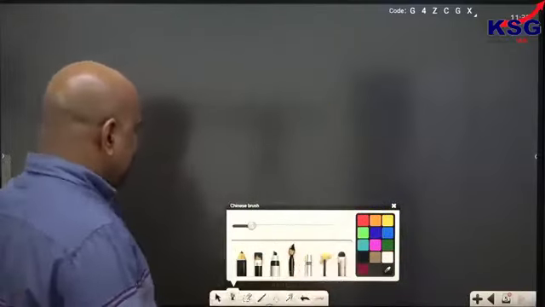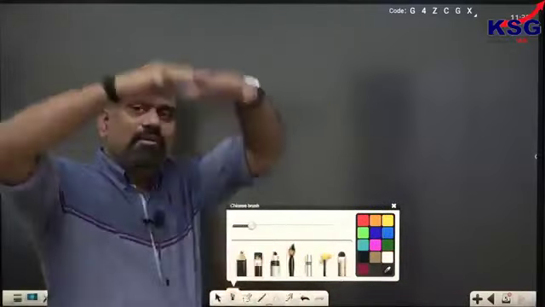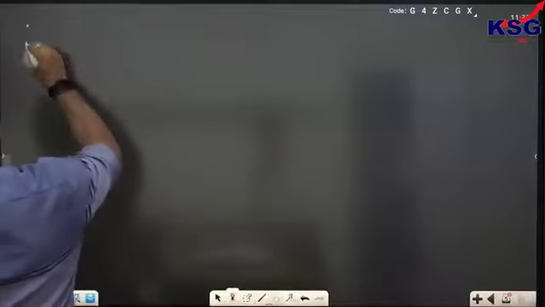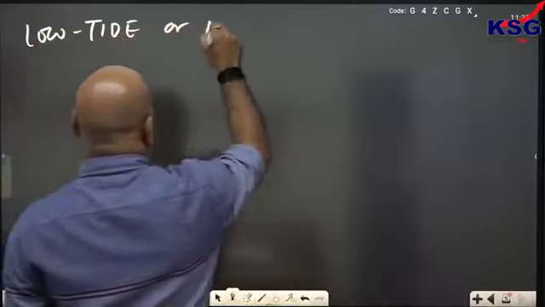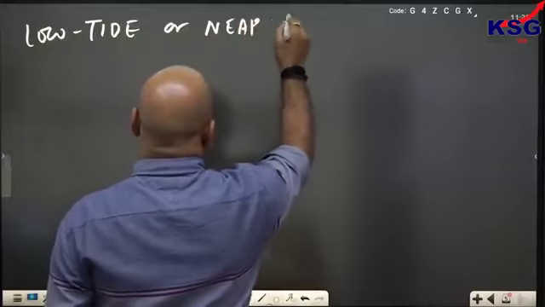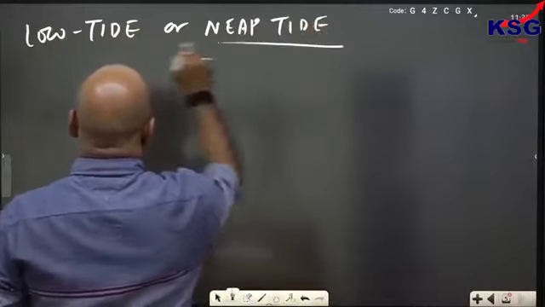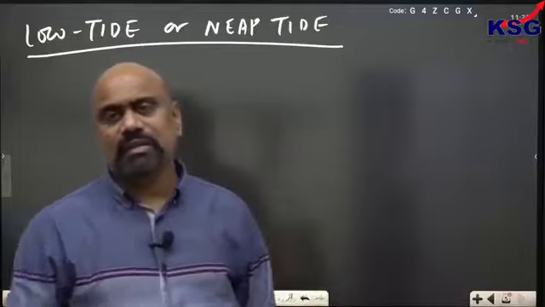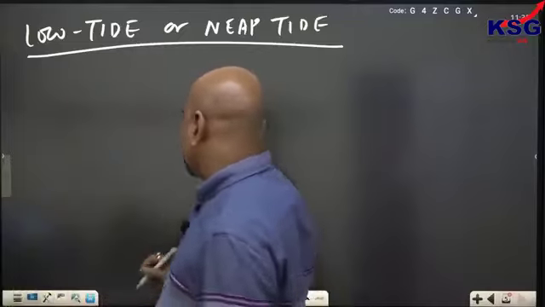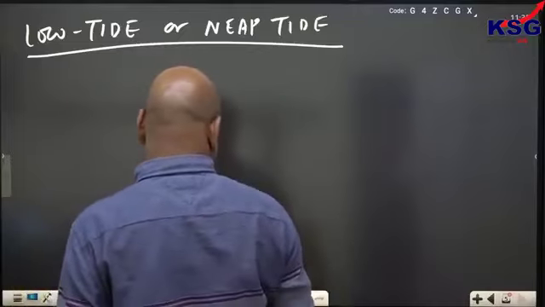But high tide will be like this, they are called spring tide, during which the sea level will increase. Another one is low tide, also called neap tide. Low or neap tide, as you know, occurs whenever the sun, moon and the earth are at right angle. For example, you have the,